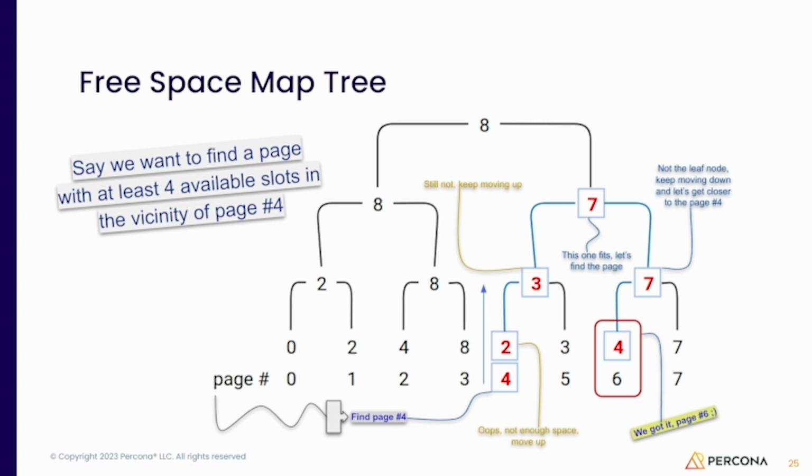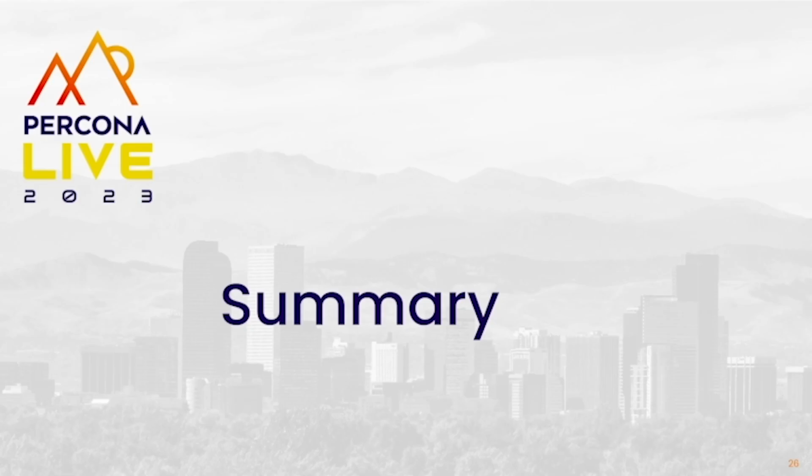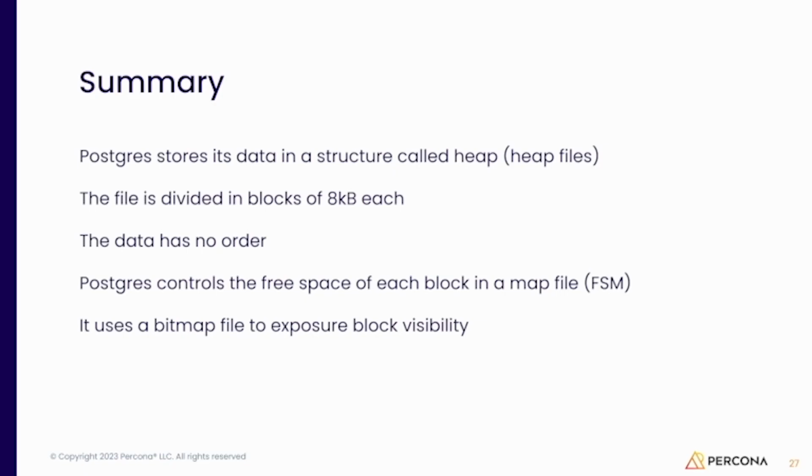And what happens if we insert new data, even though we have the whole block empty? Postgres will just create a new block, because it's not free. It's marked as deleted, but it's not free. It will be free when the vacuum goes there and does the cleanup, and that's when we can start inserting again. So the summary is Postgres stores data in a data structure that we call heap files.